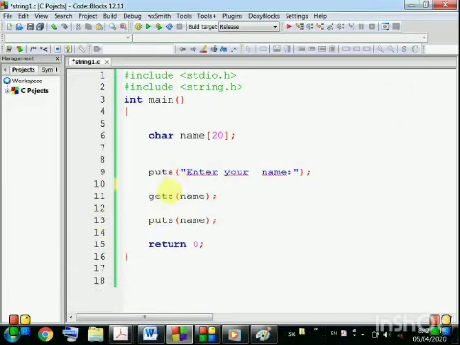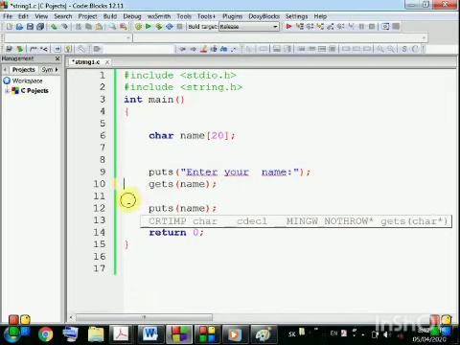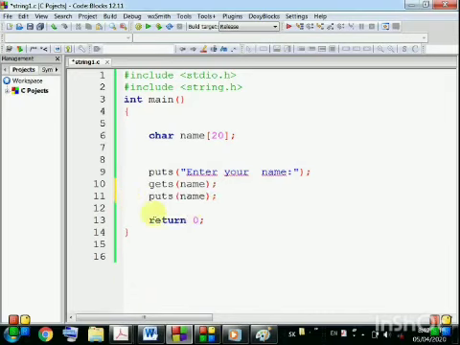One thing should be noted: if we use the gets function to input a string, then it is not required to use the puts function to display the string. Suppose we are using the printf function to display a string, then there is no problem.